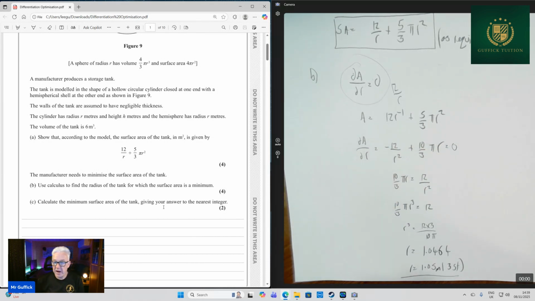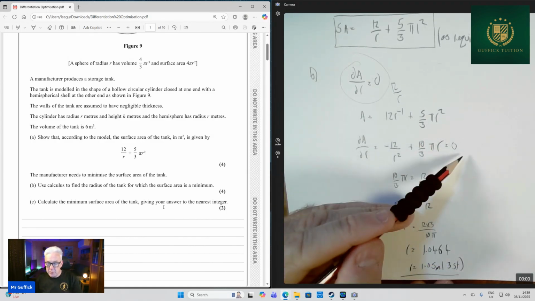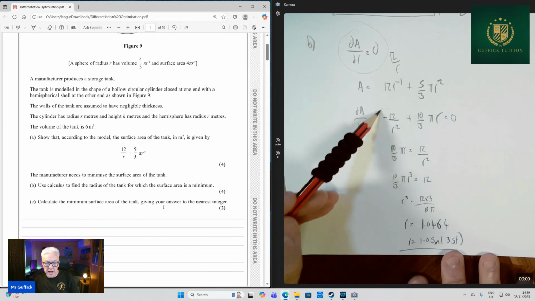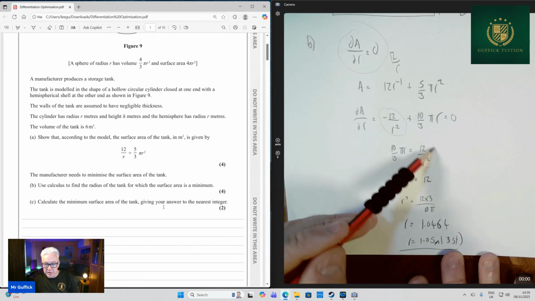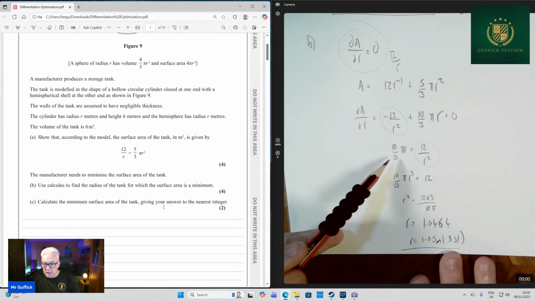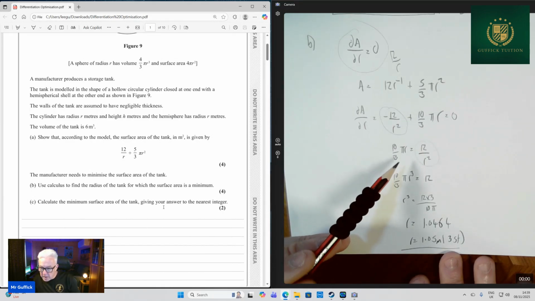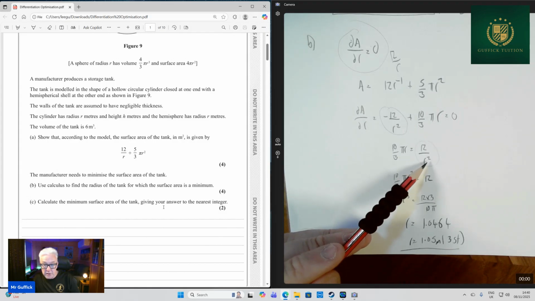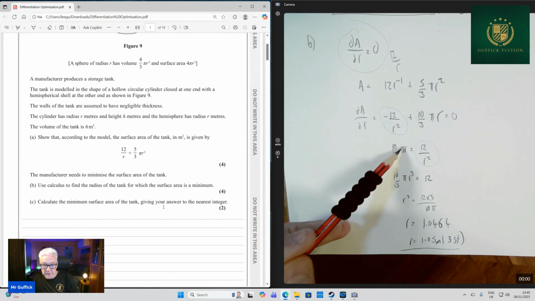And because this is a minimum, we're going to set this equal to 0. We set it equal to 0 because it's a maximum or a minimum, and then we just solve for r. So I'm going to add that 12 over r squared across to the other side, and then I'm going to make r the subject. So I'm going to times that by r squared, and I'm going to divide by